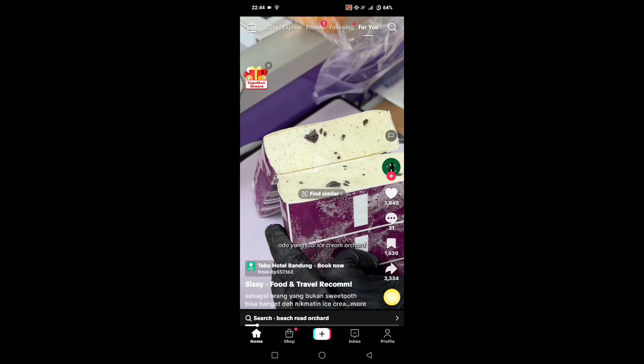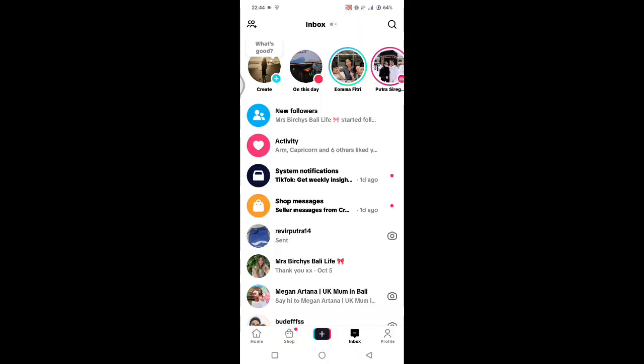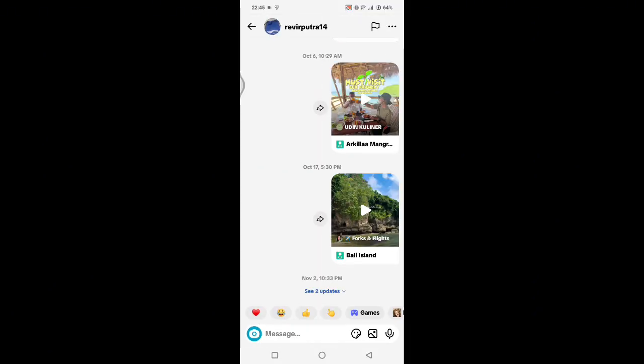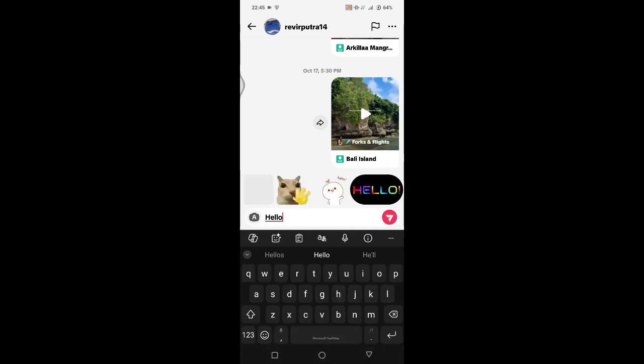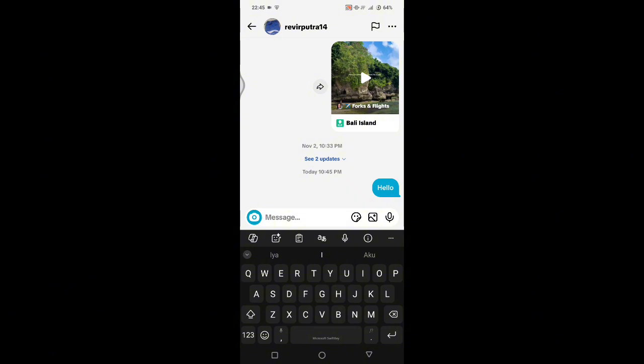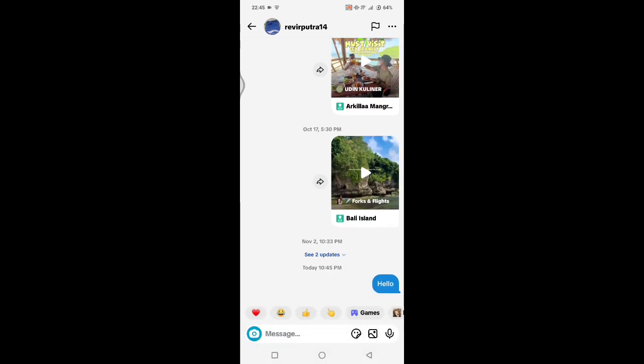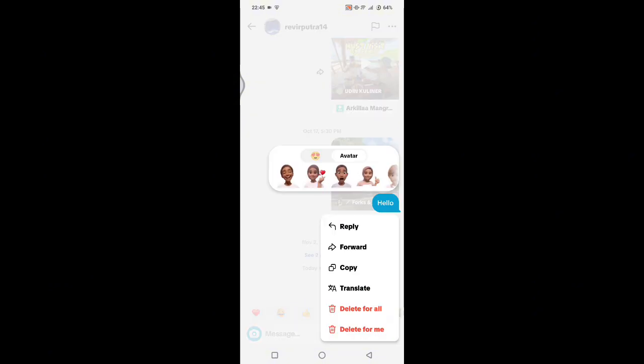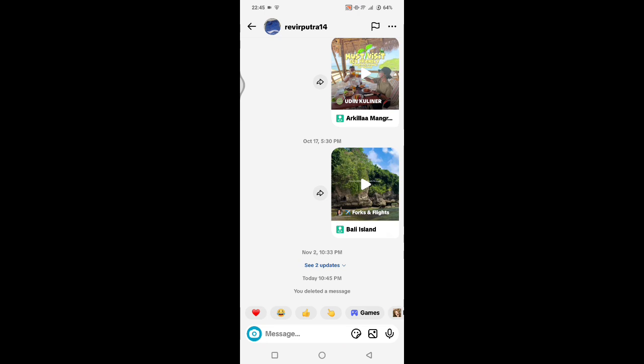You can just open TikTok in here and go to inbox at the bottom. So let's say I'm going to send this person a message. Okay, let's say hello. Okay, so let's say I am typing something wrong, or maybe send something wrong, and I want to delete it from both sides. So you can just long press on the message in here and there will be these options to delete for all. Click on that option and just like that, it will be deleted from my chat history